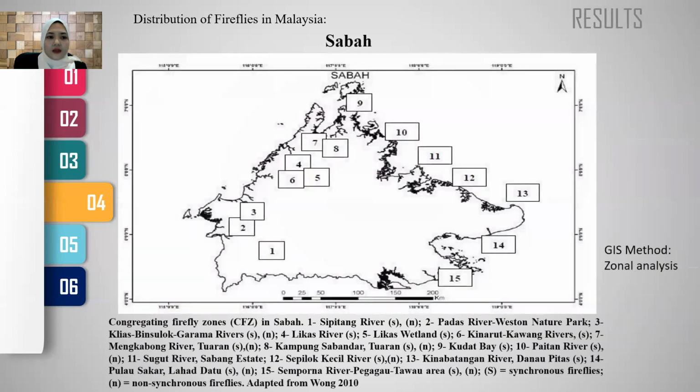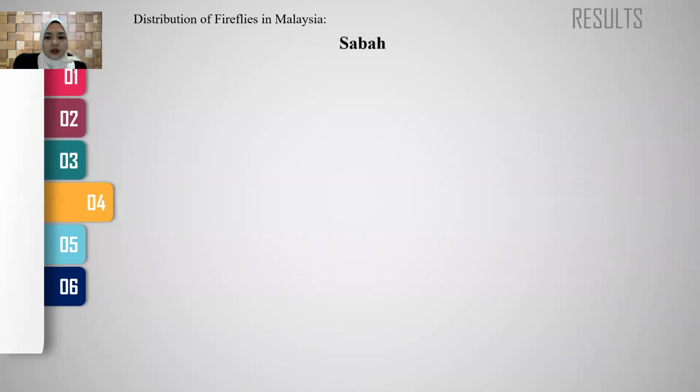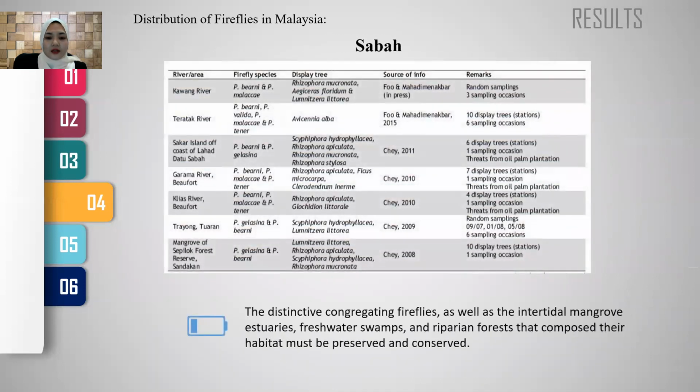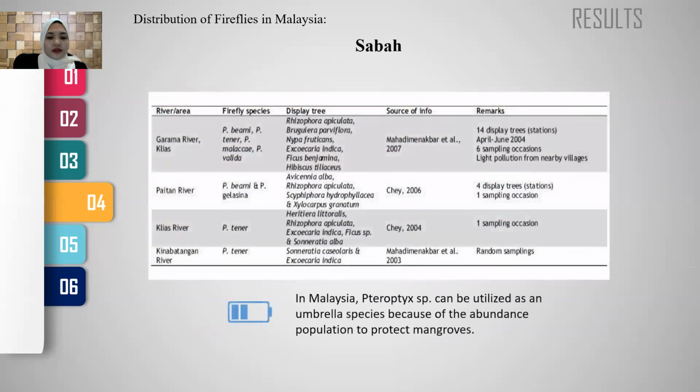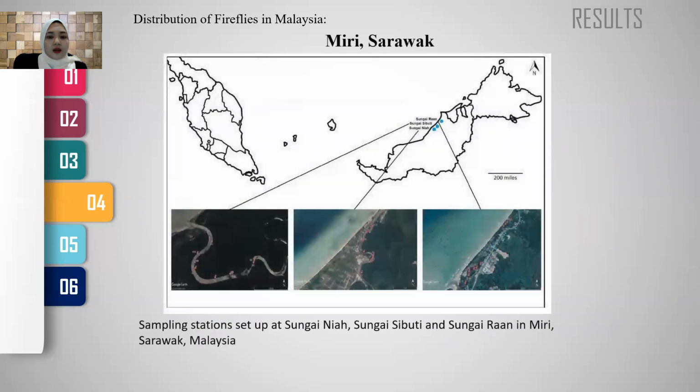And then 15 zones were identified in Sabah, from Sipitang River to Semporna. It covered all around Sabah and used zonal analysis. The distinctive congregating fireflies, as well as mangrove swamps, compose the habitat that needs to be preserved and conserved. So in Sabah, Malaysia, Pteroptyx species can be utilized as an umbrella species because of their abundance, to protect the mangrove. But in Miri, Sarawak,